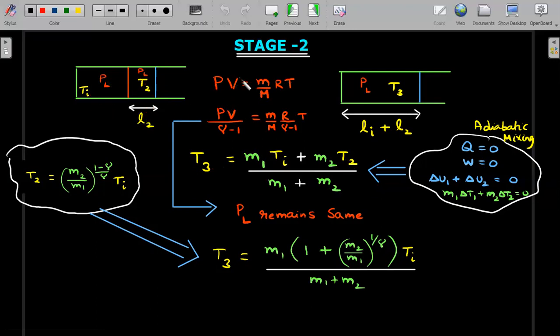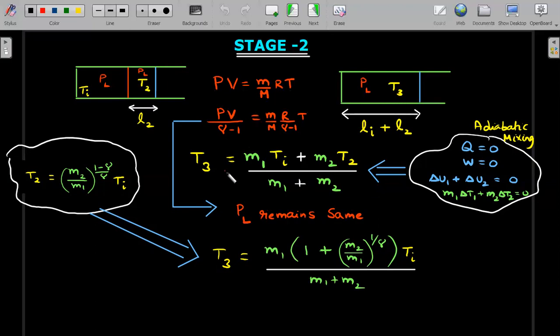You could see L1 and L2 should be definitely addable. So right side terms are adding. The volume terms are getting added. That is only possible if the pressure is common for both the sides of the gas. So in that way, you could realize after writing the number of moles equal to, I'm not writing it, that the value of PL remains same. You can prove it using number of moles equal to constant condition. So the final verdict is the PL remains the same, T3 changes to new value.